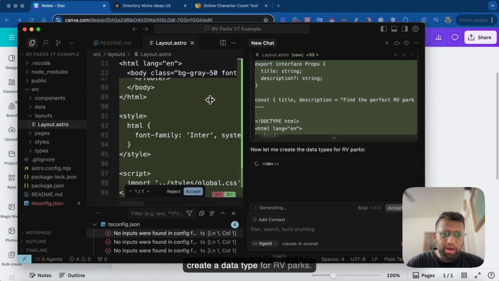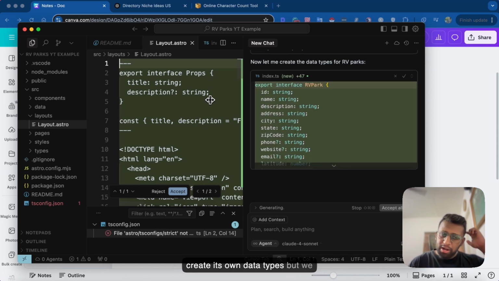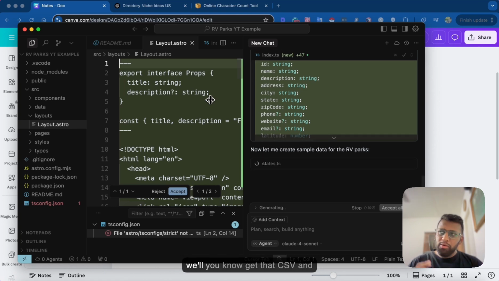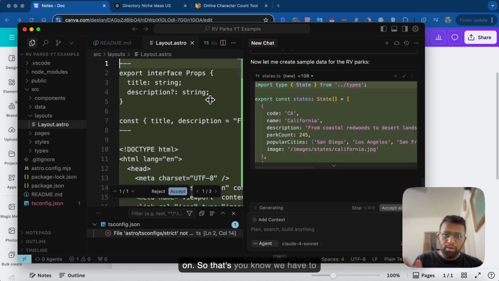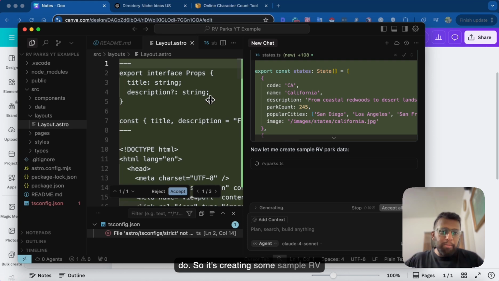Let me create a data type for RV parks. Now this will be interesting. So it will create its own data types, but we already have scraped our data. So we'll get that CSV and probably just ask Cursor to adjust my website according to these data points, right? And then we'll also tell Cursor that I will be using Supabase later on. So we have to give Cursor some context about what we are going to do. So it's creating some sample RV park data for us. That's fine,